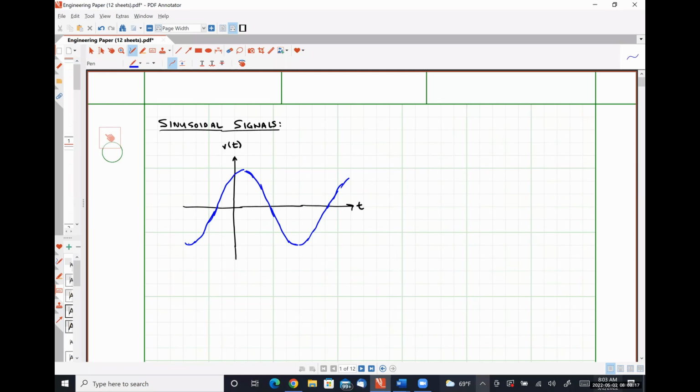All right, so we could characterize this sinusoidal waveform with the following function. V of t is equal to Vm cosine omega t plus theta v. And we're going to talk about what all of these constituent parts of the sinusoid mean by inspecting our graphical representation. Okay. So our first bit, Vm,